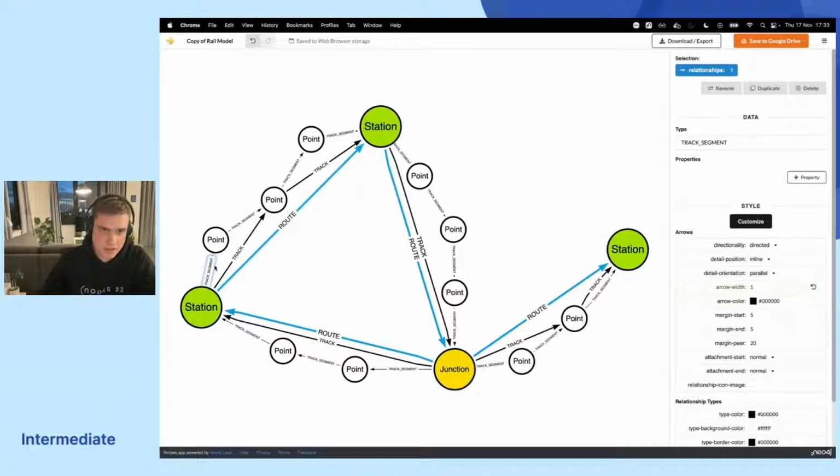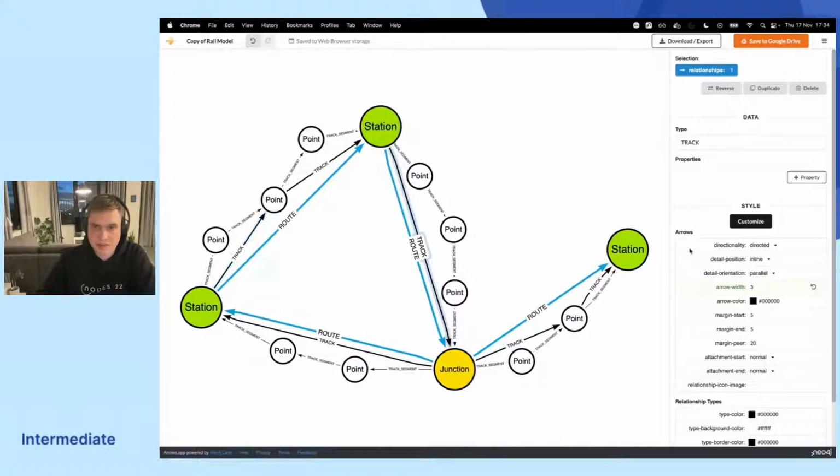Now we also have track segments. So this track consists of two small segments that are kind of the curved track. And this is, at a higher level of abstraction, the distance between a station and a point. And then, as I said, the junction is where multiple tracks come together, and the train can decide to go in direction 1 or direction 2. So this is a really nice tool.